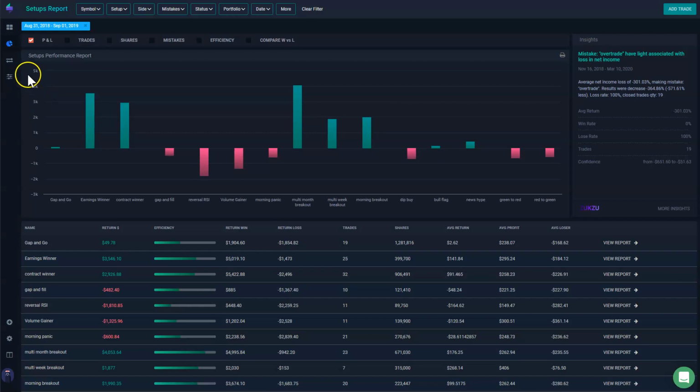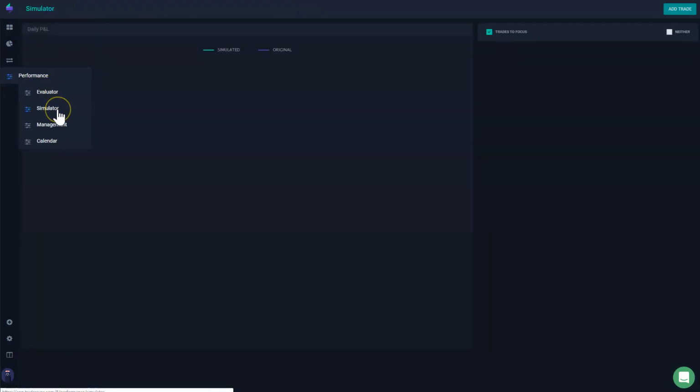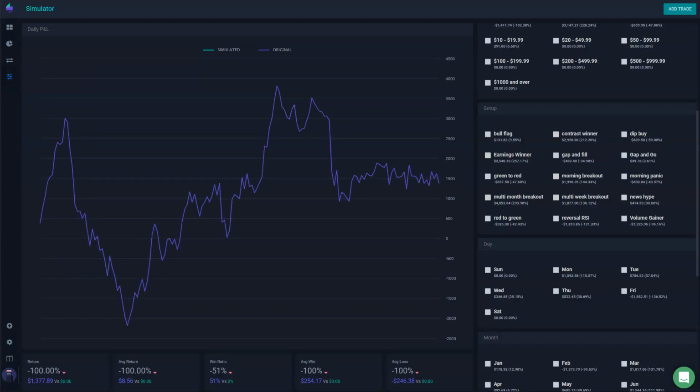Now, taking this information into account, we're going to go to the simulator, which is going to allow us to build simulator pattern scenarios. This is my current equity curve. As you can see, I have not been trading a strategy that gives me consistent growth. But considering what we have learned from the setup report, I'm going to build a scenario that allows me to think,